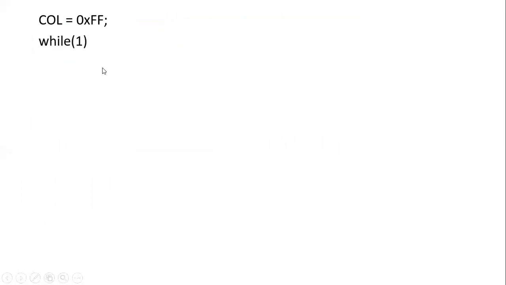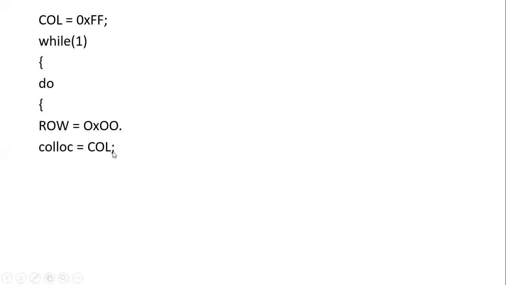Okay. Then we use the while(1) statement here. In the while(1) statement, we use do while statements. So in the do, first it sets all the rows to the zero value, all the bits of the rows to the zero value.